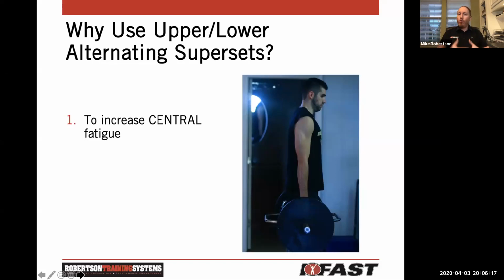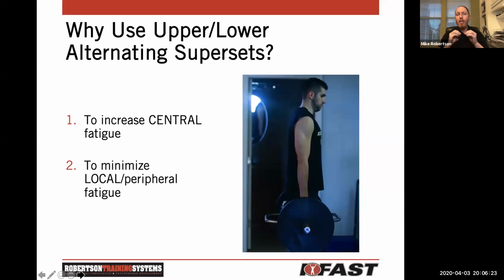So your heart, your lungs, your cardiorespiratory system is working incredibly hard. But what it does do is it minimizes that local or peripheral fatigue. So imagine you're doing a set of 10 squats, right? Decent weight, you're working hard. You do that set of 10, you're huffing pretty good. Well, now let's say you take 60 seconds rest and then you do it again, and 60 seconds rest and you do it again. You can imagine how your legs feel if you're doing 3 sets of 10 in about